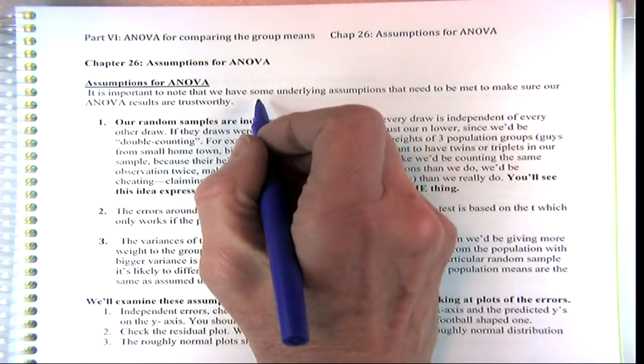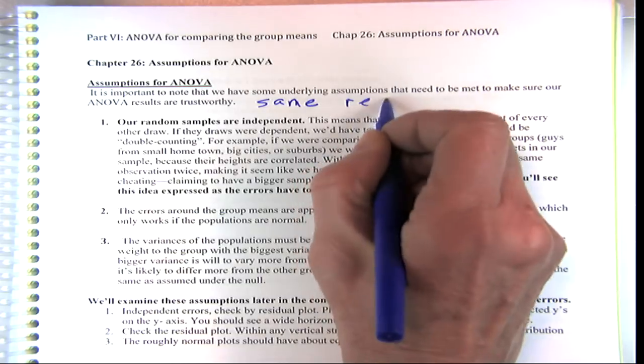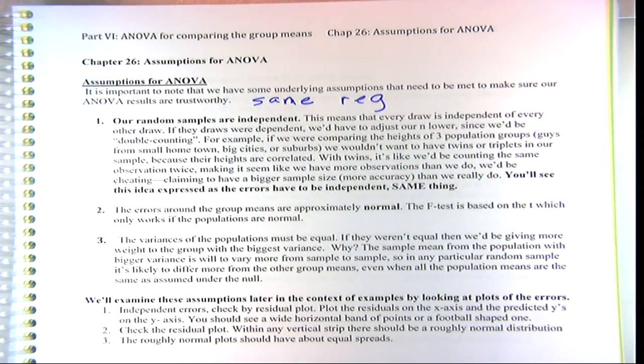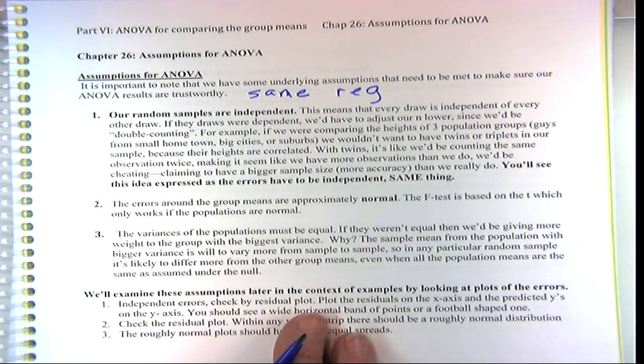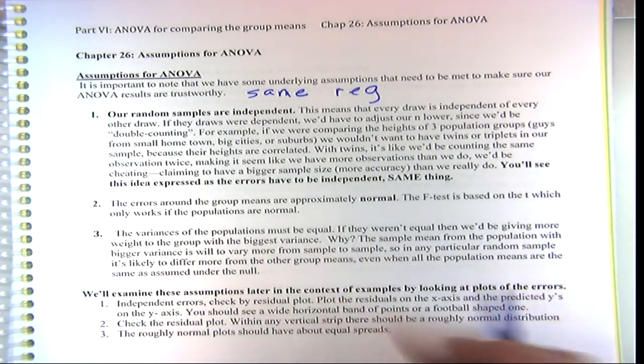So it's going to be the same exact thing as regression. All right? And when you come back from break, we're going to look at these assumptions much more carefully, and we'll look at violations of these assumptions and what we do when there are violations. Okay? Well, for now,